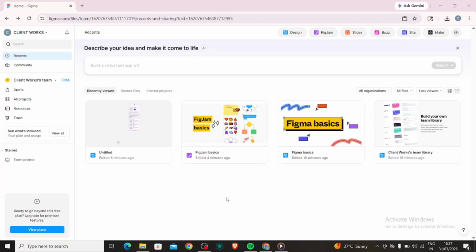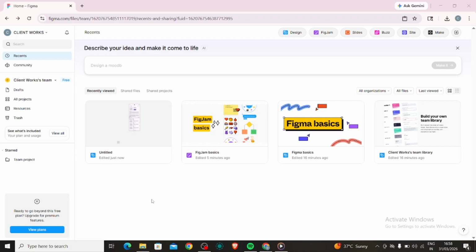If you've ever created a design in Figma and noticed that your header, nav bar, or button moves when you scroll, then this video is exactly what you need. Fixing elements in place while scrolling is a very useful feature, especially when you're designing websites or mobile apps. In this video, I'll show you the easiest way to fix position when scrolling in Figma, so your designs feel